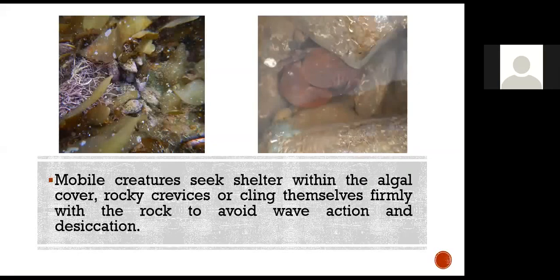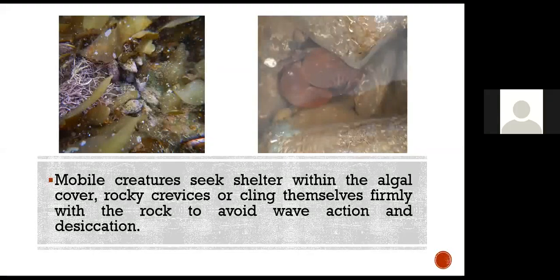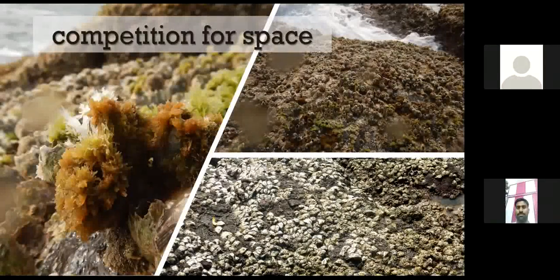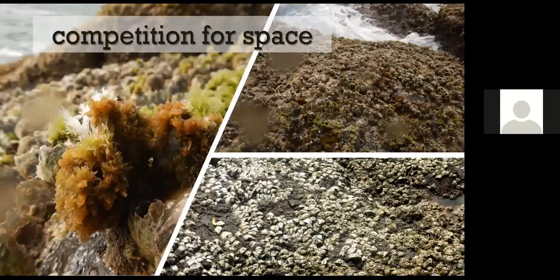Okay, so in this whole struggle, there must be a competition for space. If you can see in the photos, these are the oysters, the barnacle, and a number of algae, the diversity of algae you can see here. These are the pictures from the low tide region. You can see these big barnacle shells, which are covered or overgrown by the algal species.